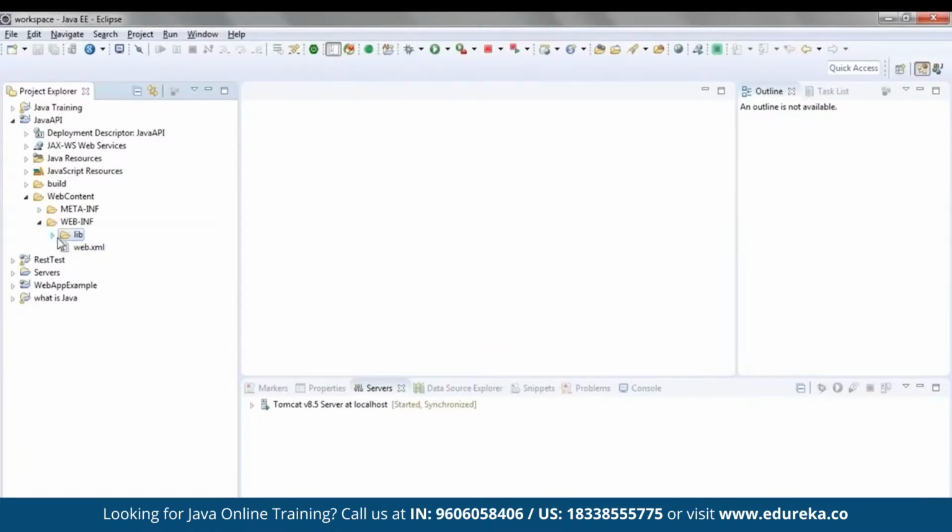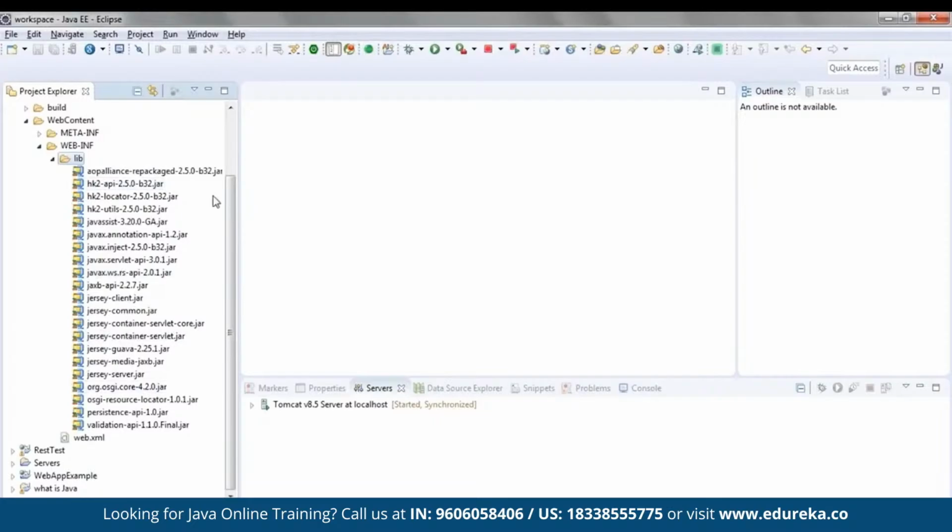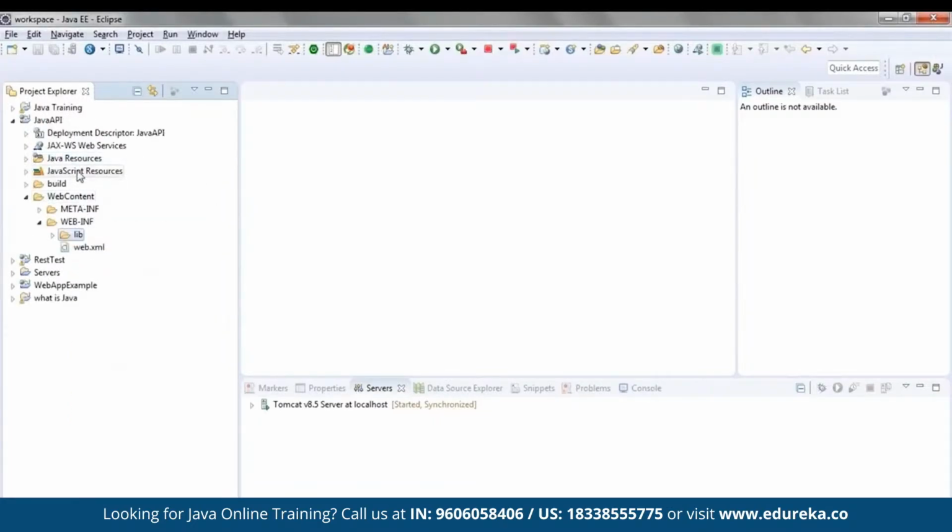Make sure you are adding all the jar files present in all the 3 folders inside your library folder. This is very important, because if you don't follow this step, then your RESTful web service will not execute properly. So make sure you have added all these files as part of your library folder. Now that all of you have added these files, let's go back to our Java resource